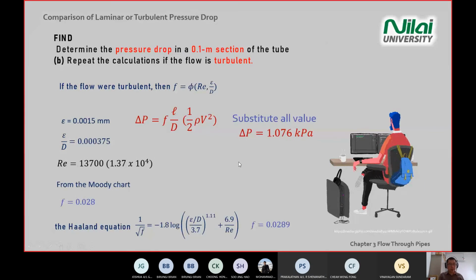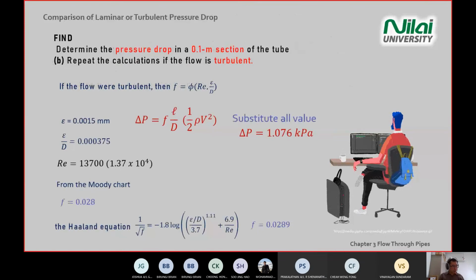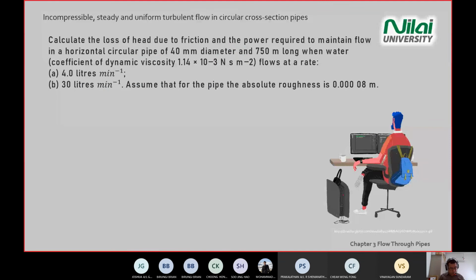No. Okay. Okay, so this one, let's see, this one is